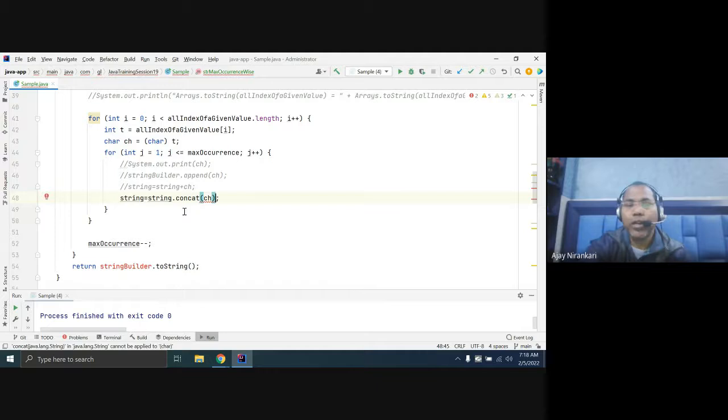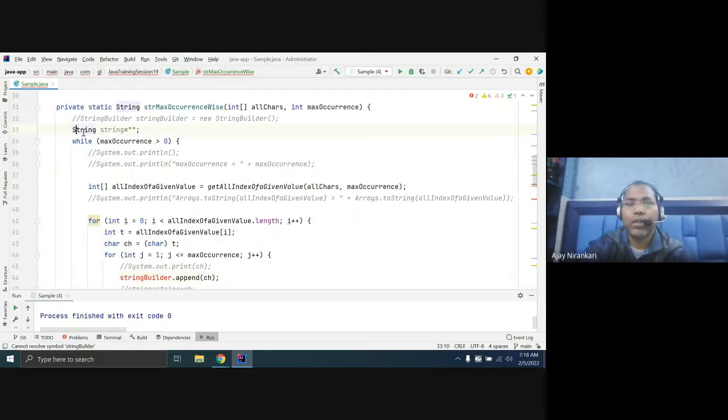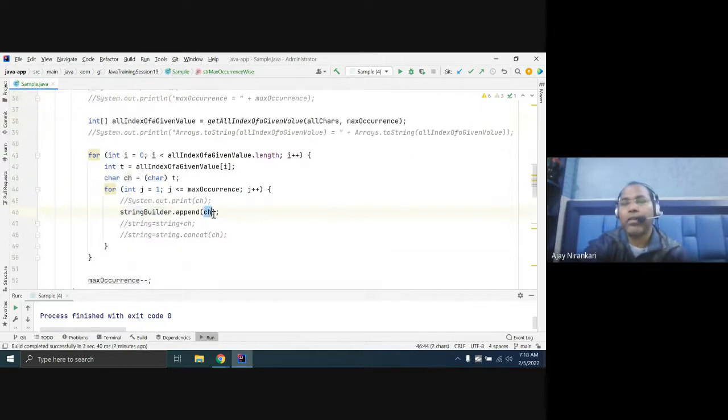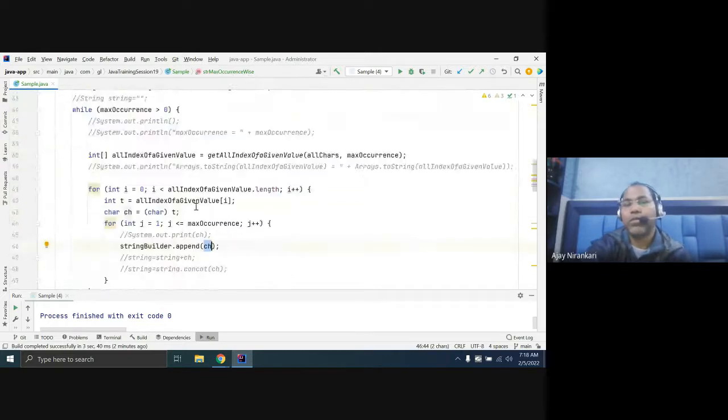So here it always creates a new memory in the heap. Generally we have to avoid such things. Simply use a StringBuffer or StringBuilder class that helps us to append. They create only one object. In that object you are storing all the characters, 1 2 3 4, whatever you want, and return just a string.